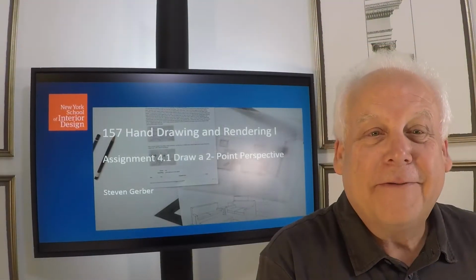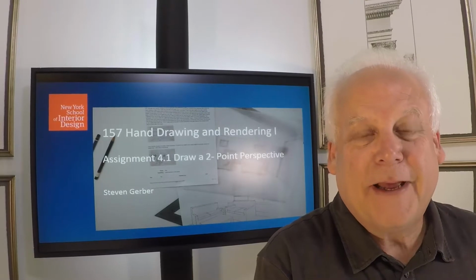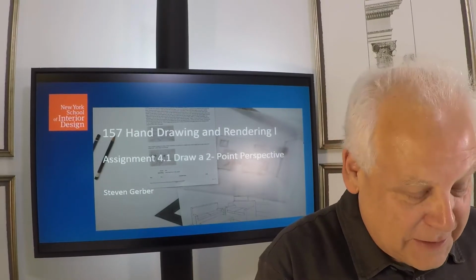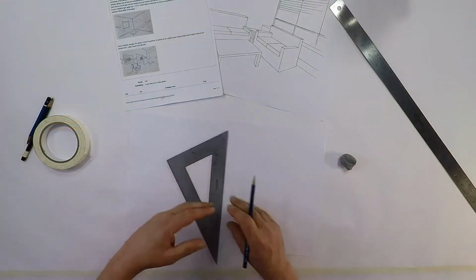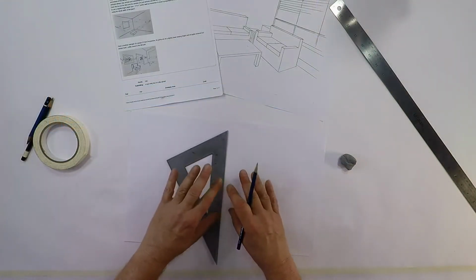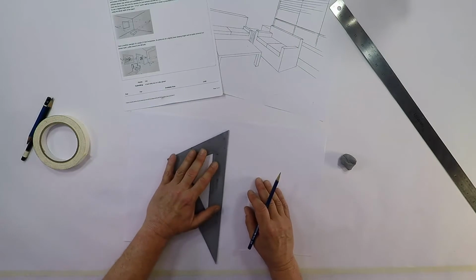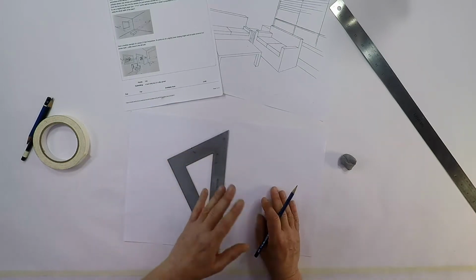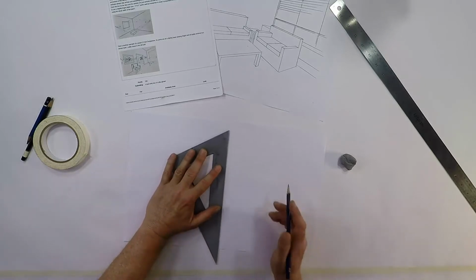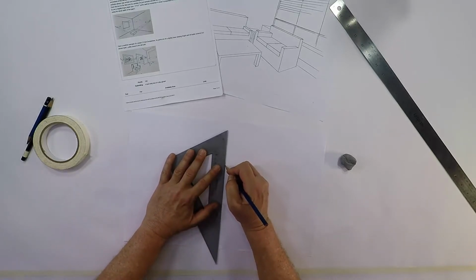For this assignment, we're going to draw a simple two-point perspective. I'm using a little larger piece of paper here, about 11 by 17, and I want to draw in proportion of that to that page so we can fit it all on here. In a two-point perspective, you're facing a corner, so the first thing I'm going to draw is a line sort